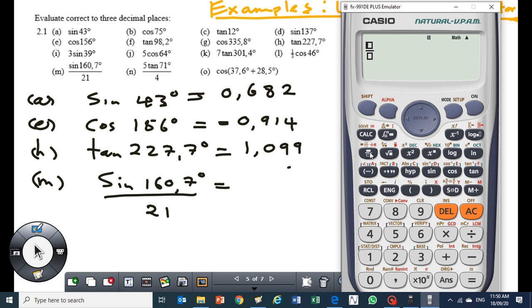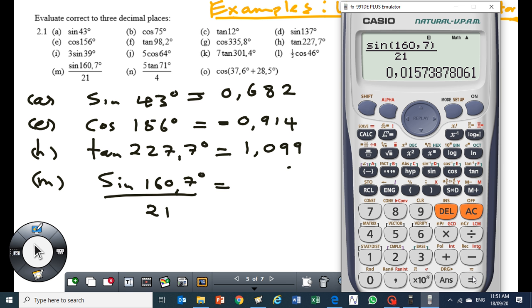So that will be sine 160,7. Then you have to close the bracket there. Then you put the 2, 21 is 21. That's sine 160,7. Then you close the bracket, divide that by 21, then you press equals. So you get